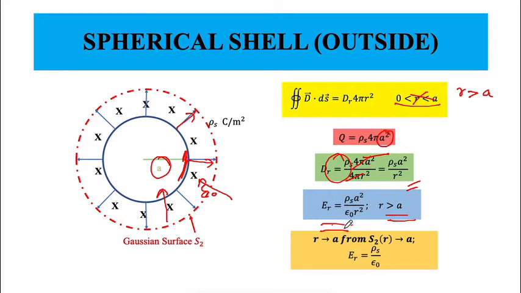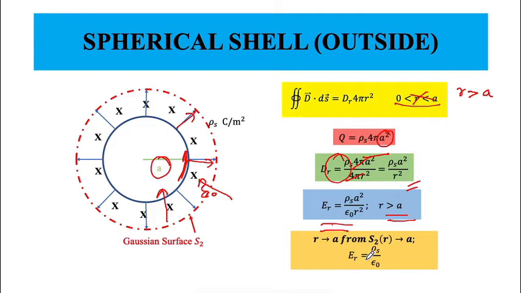So for the outside of the cell, as you start moving toward the cell, you are going to predict an electric field of rho_s by epsilon naught. However, if you remember what we did a couple of minutes earlier, the electric field inside was actually equal to 0, right? So if you now start expanding the surface S1, which means that r, the radius of S1, is becoming closer to a, that electric field will still be equal to 0.